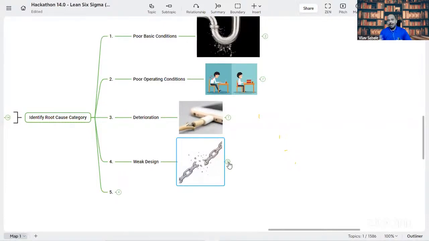So you can discuss with your subject matter expertise, your team, right? This part is frequently failing, so can we make some modifications to it so that we can work on it, right? One more thing, in some cases there is a safety element that is getting introduced, and if that safety element is frequently breaking, it's not a weak design. We need to think about what is going to happen in your system, right? We need to work on that.